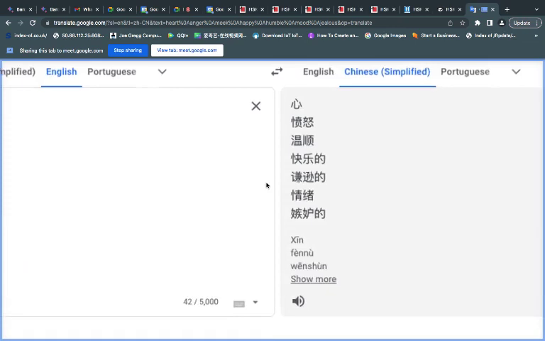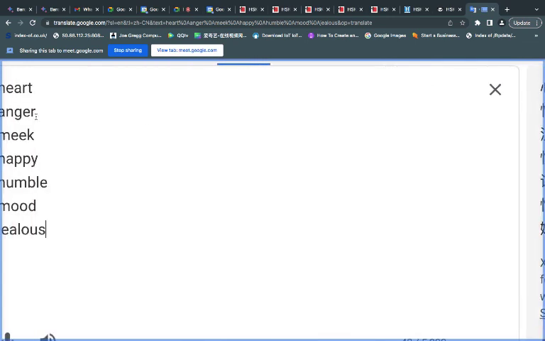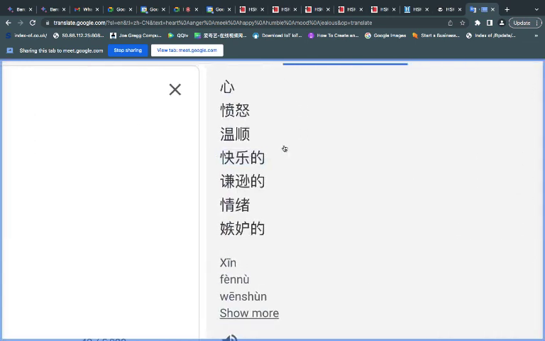But I want you to see the second one right here, where it says, okay, this is the one for heart. This is the sign for heart. It looks like a little blood flowing up or just splitting out. You see it, this character. Okay, can you see? Yes. All right. And then when we talk about anger, which is the second one, I think that's the one that behaves better for us. I'm going to show you this bottom part. Do you see this part squashed at the bottom?